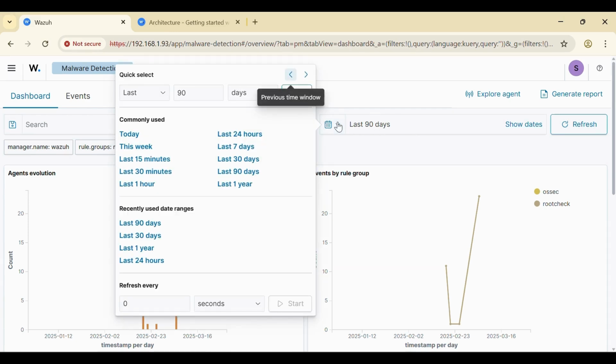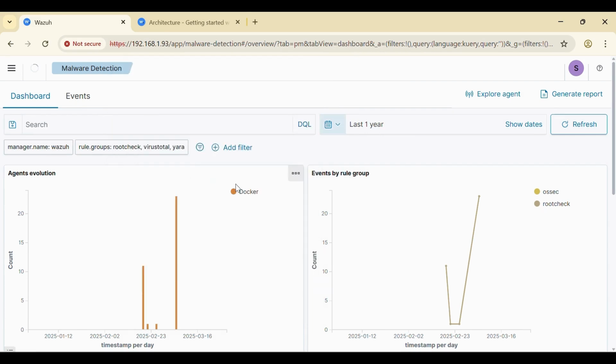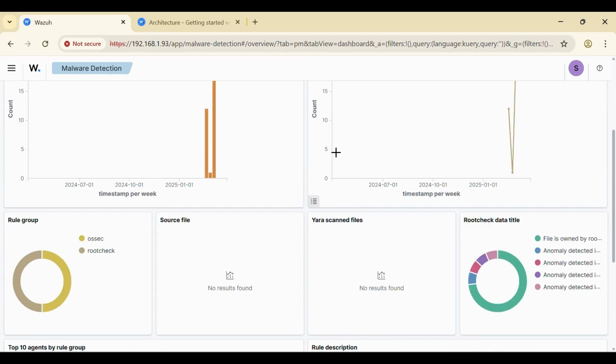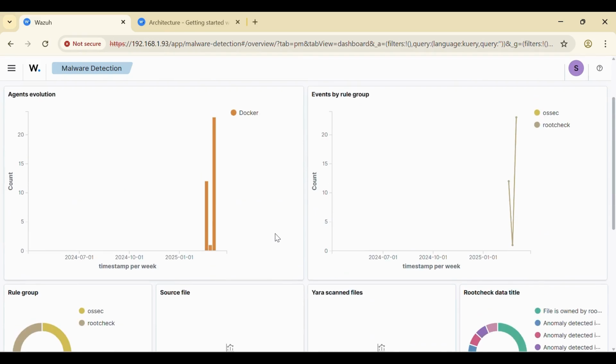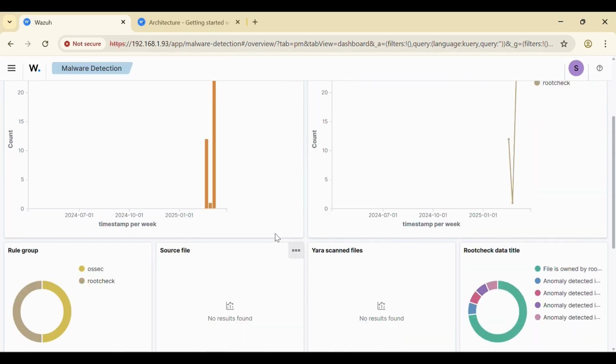I can change this if I want to see today's, the last 1 hour, or the last 1 year. It checks for any sort of anomalies in the presence of rootkits, and it also looks for hidden processes, files, and ports. As you can see here, it has given us a rootcheck and information about OSX.